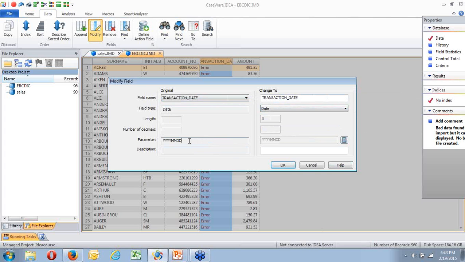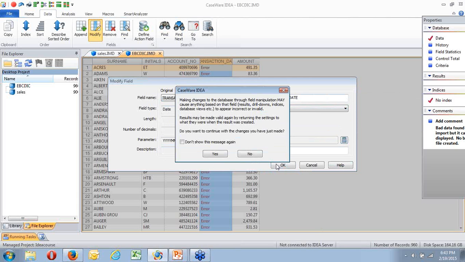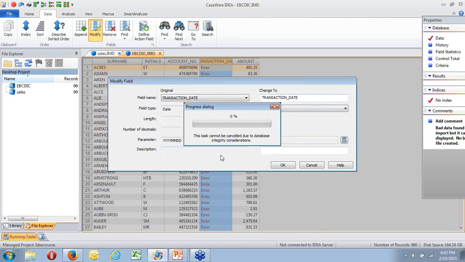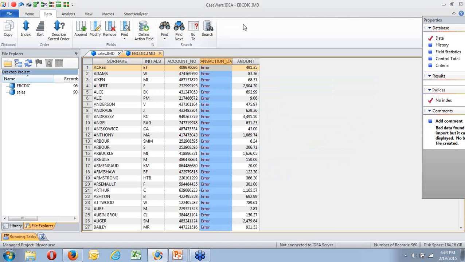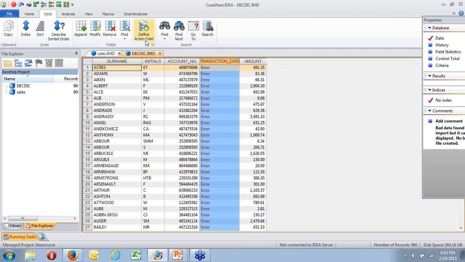And I know that it is supposed to be 4 years, 2 months, 2 days. But it's still telling me it's an error.